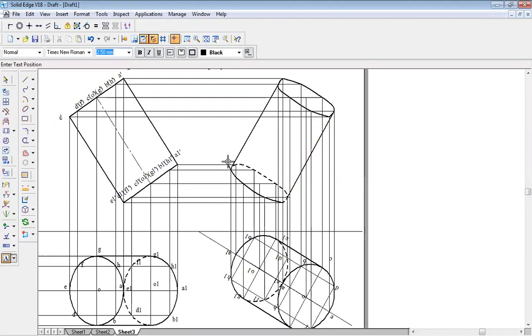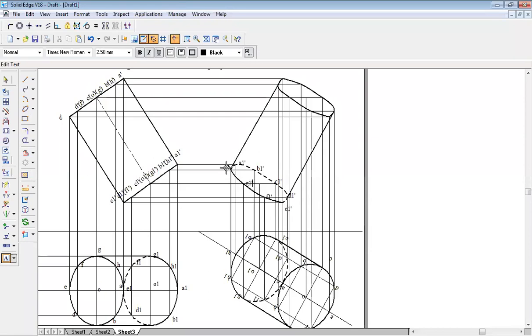So this is your point A1 dash. Remaining, I think you can do it. This is B1 dash. This is C1 dash. This is D1 dash. Here I have E1 dash. This is F1 dash. This is G1 dash.